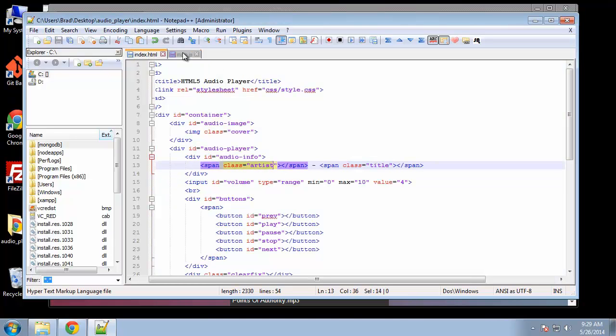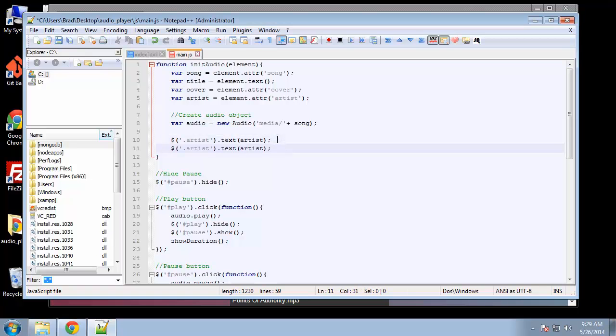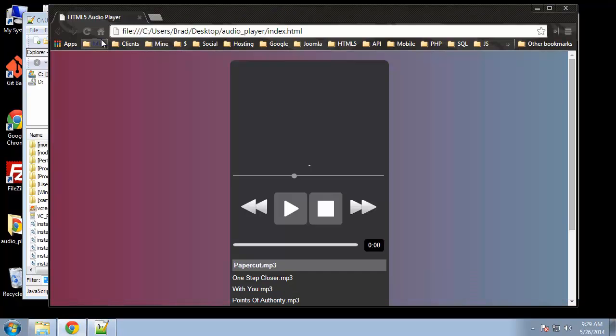Yeah, so span class artist. Okay, so we'll grab that, and then we'll do .text, which is going to just insert some text into that div. And actually we don't want quotes because we're just going to put in the artist variable, which is right here, coming from here. Alright, so I'll copy that, and we're going to do the same thing with the title. So the title class, we'll stick in the title variable. Okay, so let's save that, and if we reload,